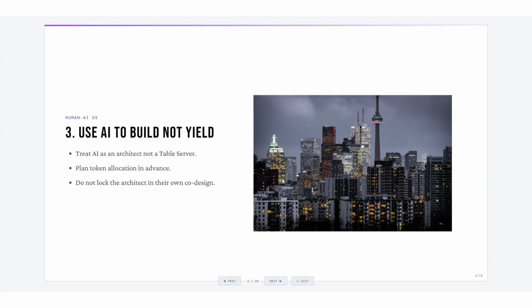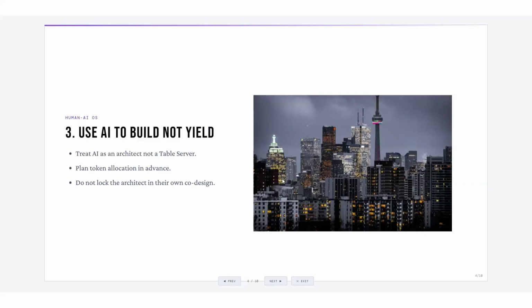Okay. You're not going to treat the architect like a table server, like every single time that you need something, you're going to raise your hand and ask for service. So that by itself means that you would be spending less, but you would still be spending, right? There still are architects today. They still make a good living, but they don't make as much money as they could if they were doing every single thing, but then they wouldn't be as specialized as they are. So there's benefits and a balance that needs to be had.